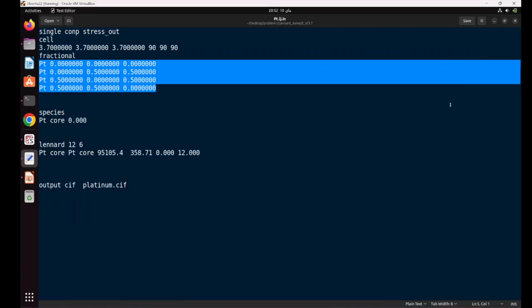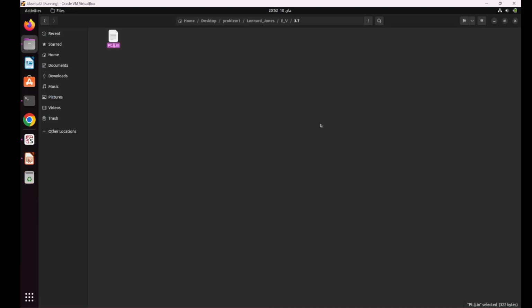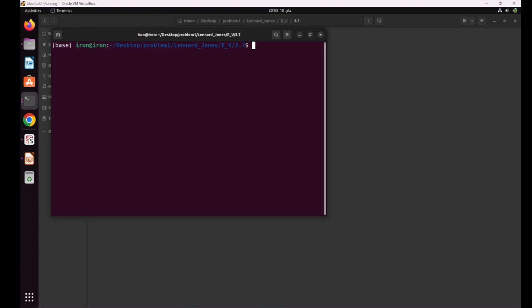Let me check something. Yeah, so let's save this. And now we are ready to run this with gulp. So let's close, open a terminal, call gulp, software gulp version 6.2, gulp binary, and apply to the input file, which is platinum. That could give us an output, but I will call it